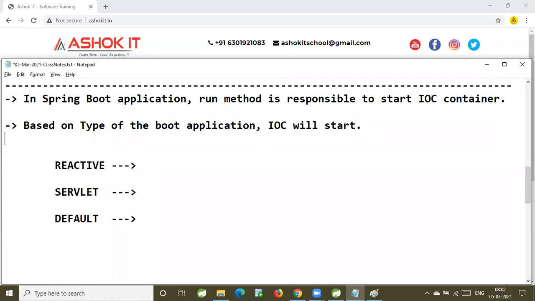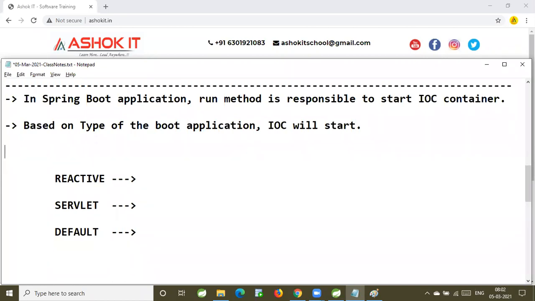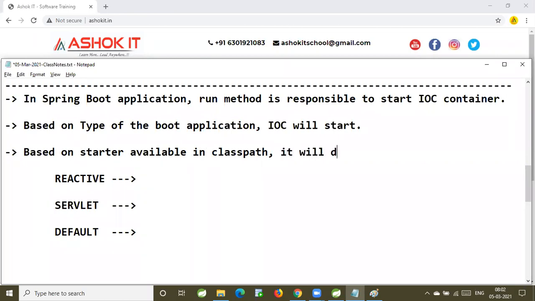So IOC will start based on the starter available in the class path; based on the starter available in the class path, it will decide how to start IOC.